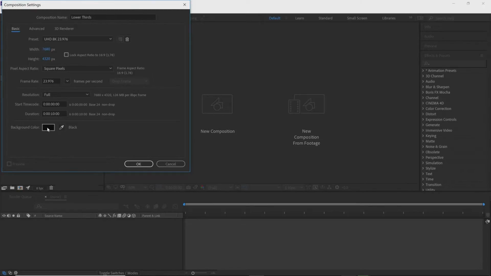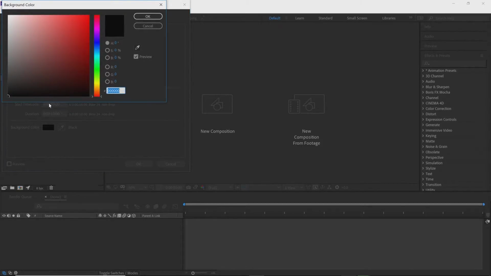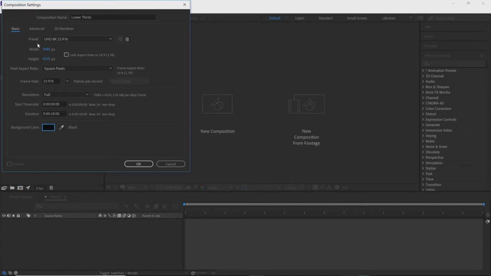All right. So if it's not black, you can easily just click on this little color here. And then this brings up the color space. And then you can see how this works here. So if you click and drag it, it goes up and down, changes colors. We're just going to have it black. So we just click and drag it to the bottom left hand and we have black. So once we have everything like this, we click OK,